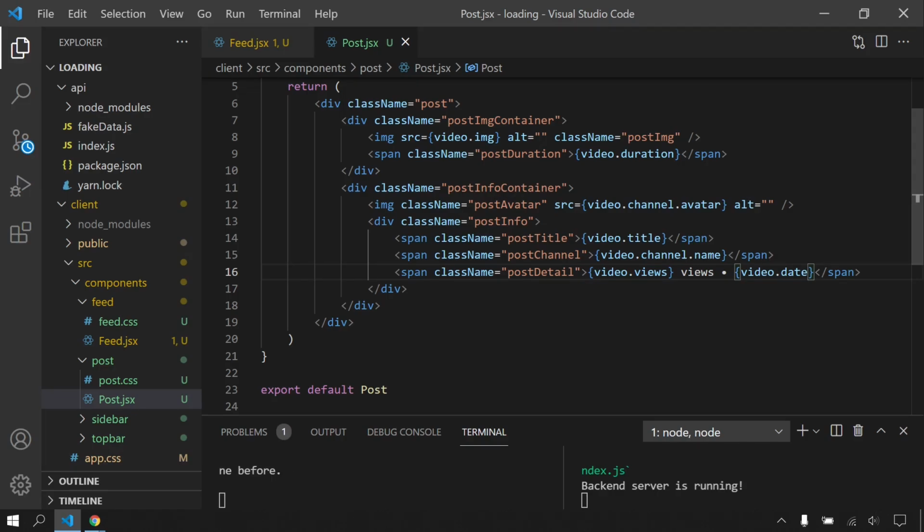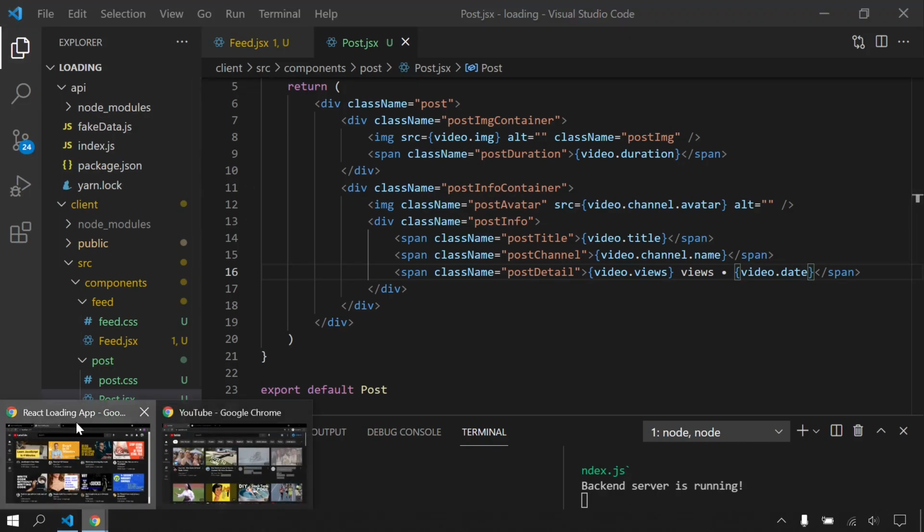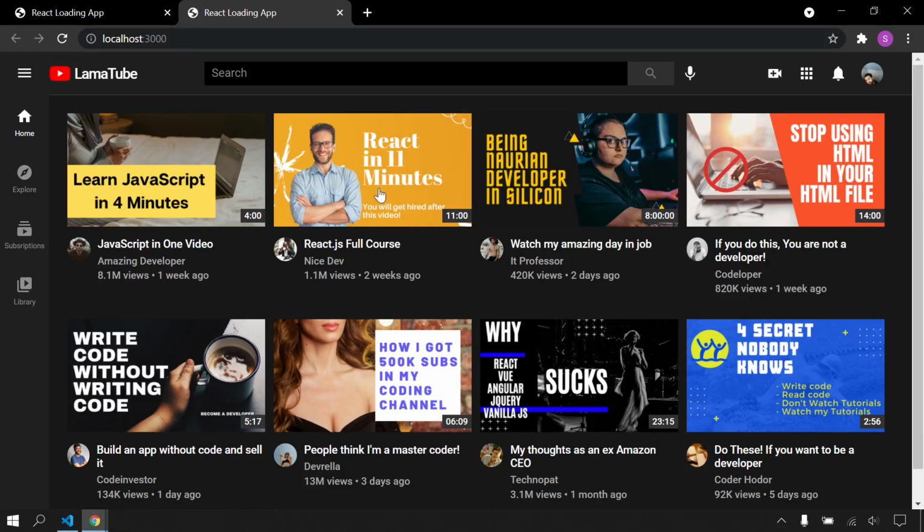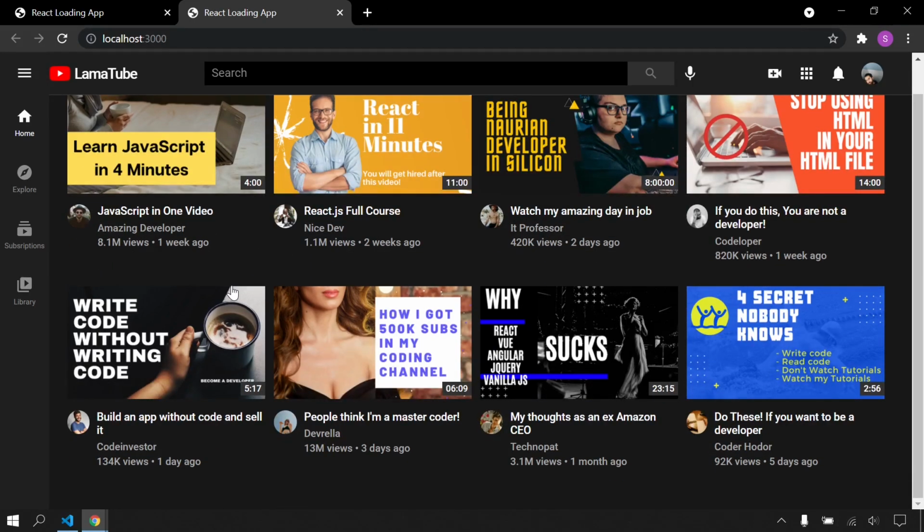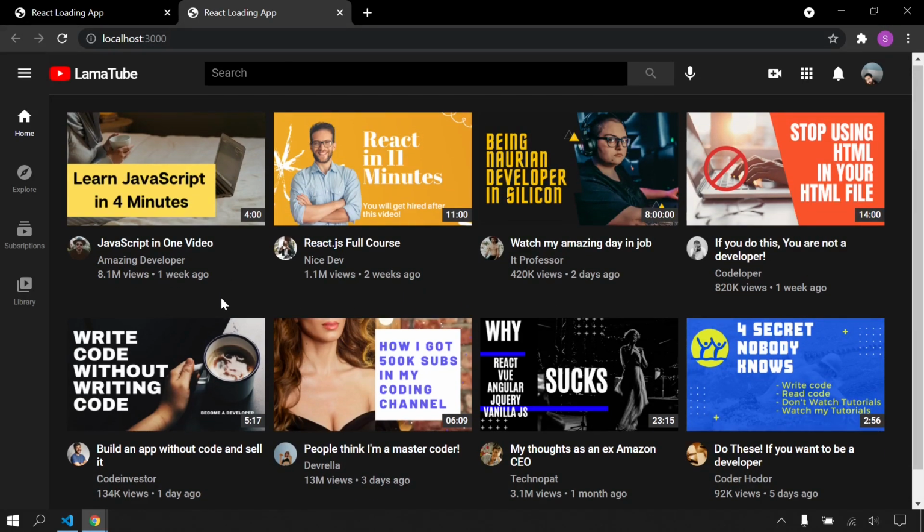So let's see. Perfect. Our image, title, channel name, views, and date. It works perfectly. So before creating loading animation, skeleton animation, let's do the same thing for top bar.